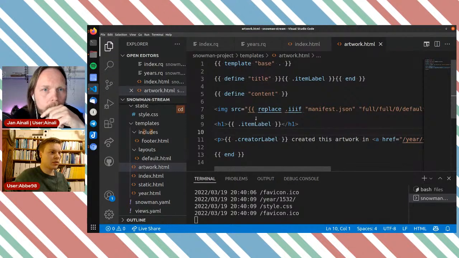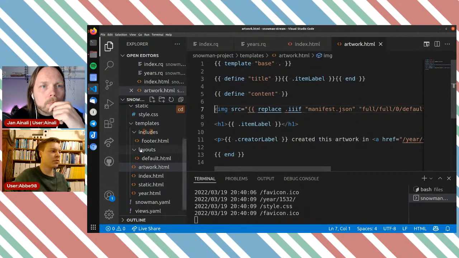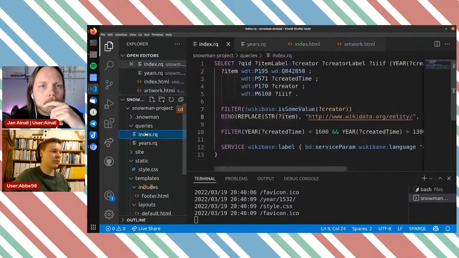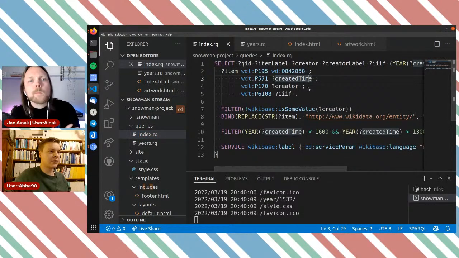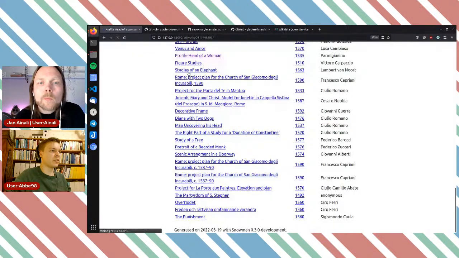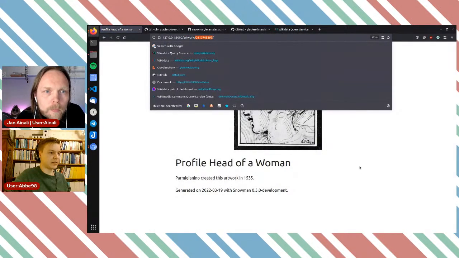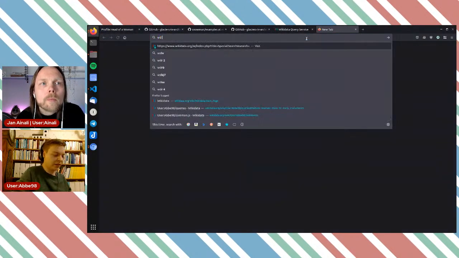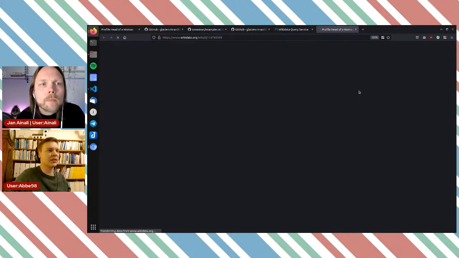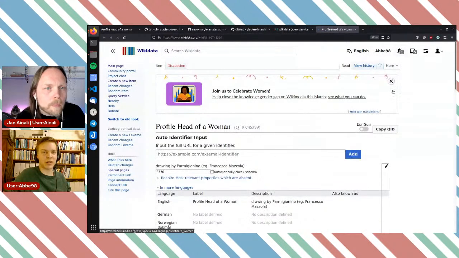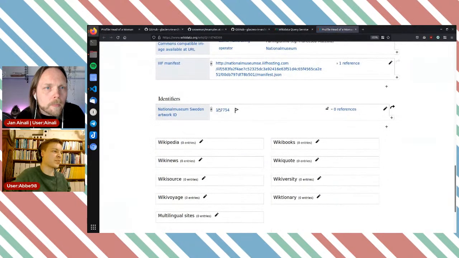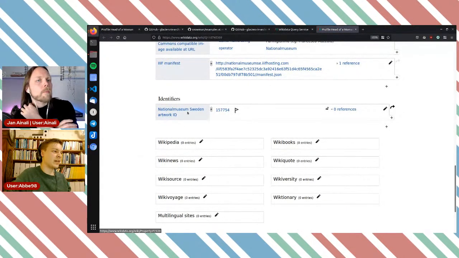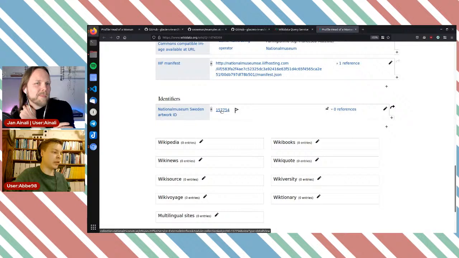There we go. And what if you click on the image and that opens the National Museum? I think that would be neat. But then we need to select the URL or ID of some kind. So let's go to an artwork page actually, like that, and look it up in Wikidata to see where we can find a link in a neat way. I guess we have some type of external identifier, or I'm pretty sure. So here we could select National Museum Sweden artwork ID and build a link from that.